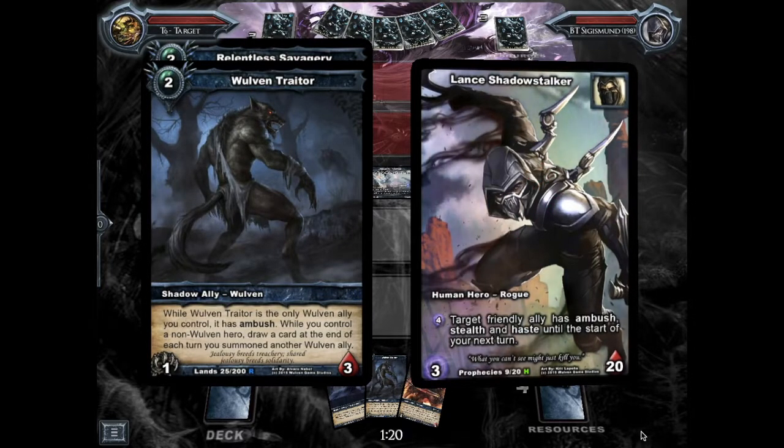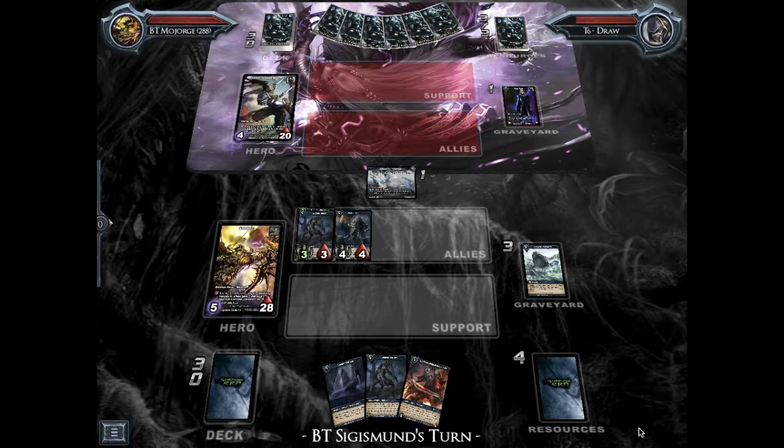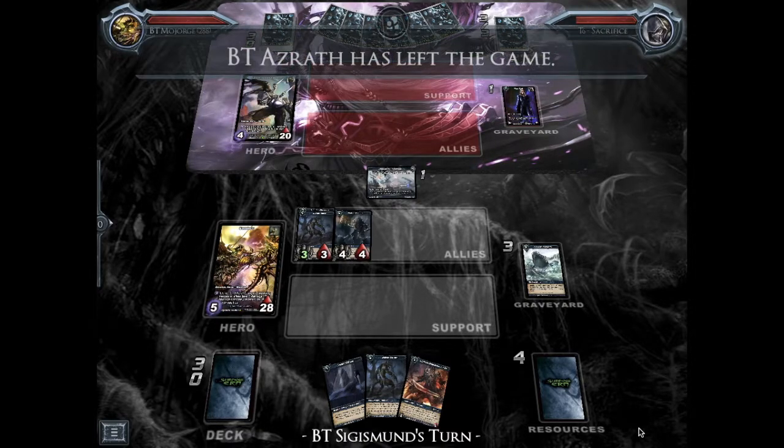So here I go for Tactician. Tactician is really nice here because it's going to make any items he plays, like Ill-Gotten Gains, cost 1 more, so that his turn play here is going to be a little bit weaker. I think he plays Tainted Oracle, if I recall correctly, which is a good call in this part, because